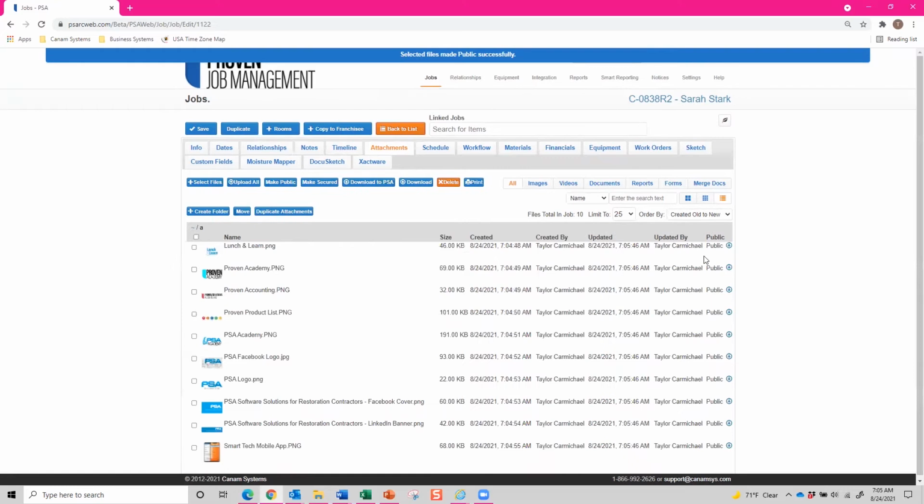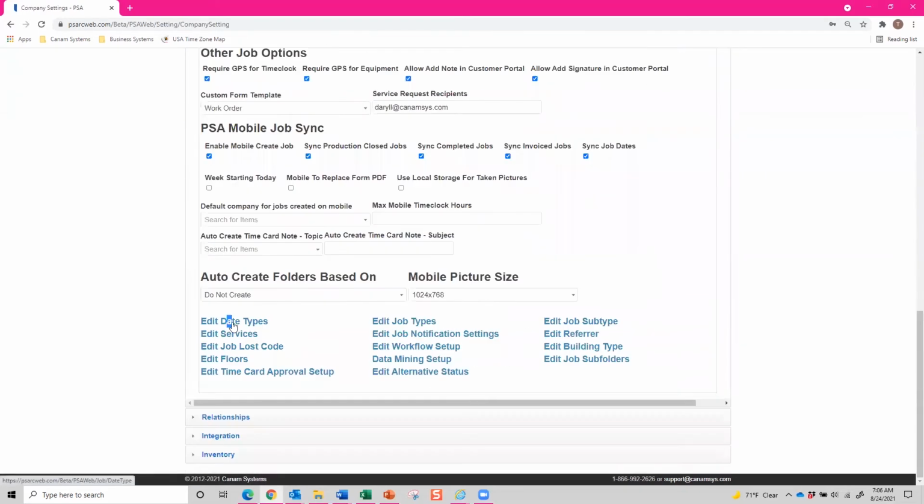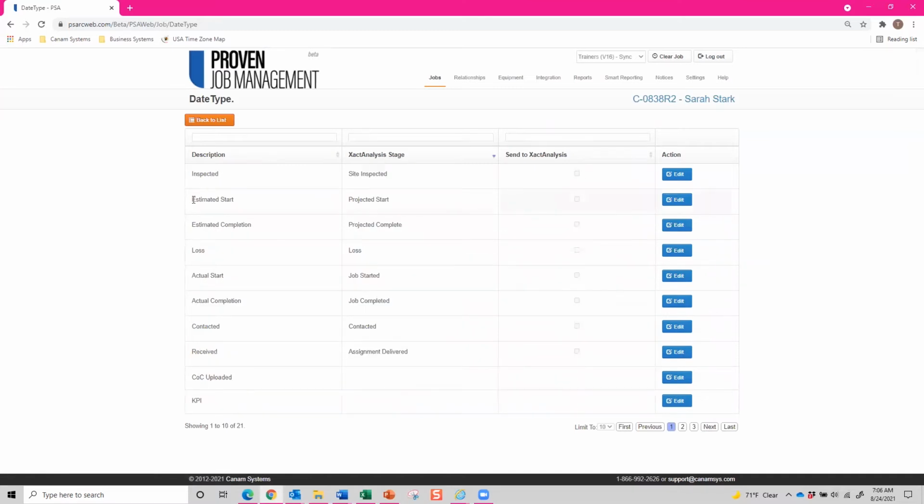When I click on that folder, I can now see that they are all public and they have synced into my corresponding XactAnalysis assignment. For the sync of XactAnalysis dates, these must be set up first within your company settings. So let's go to Settings, Company Settings, Jobs, Edit Date Types, and I'm going to filter by this XactAnalysis stage